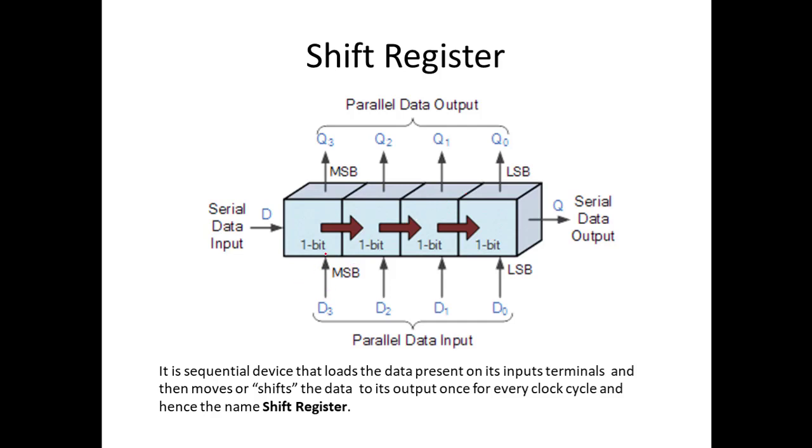So here, 1, 2, 3 and 4, 4 bits of data. Let it be 1, 1, 1, 1. During a single clock pulse itself, all 4 data, because it's parallel, right? During the first clock pulse itself, you will be getting 1 over here, 1 over here, 1 over here, 1 over here as the input. And in the successive clock pulse, you will be getting your output here. So the direction will be from here to here.